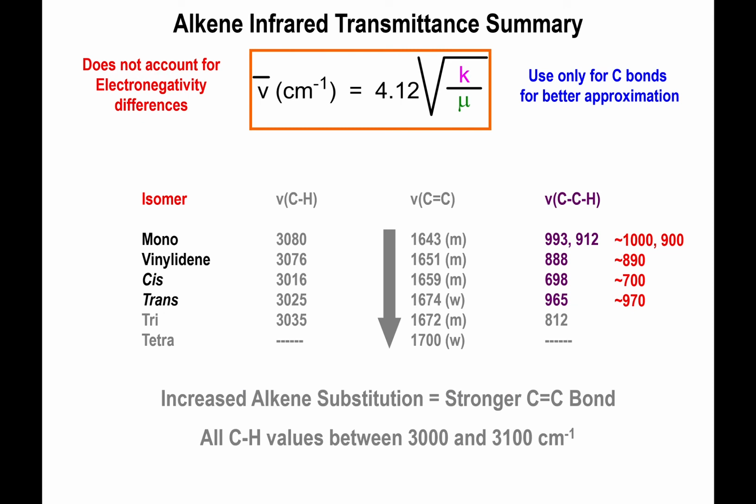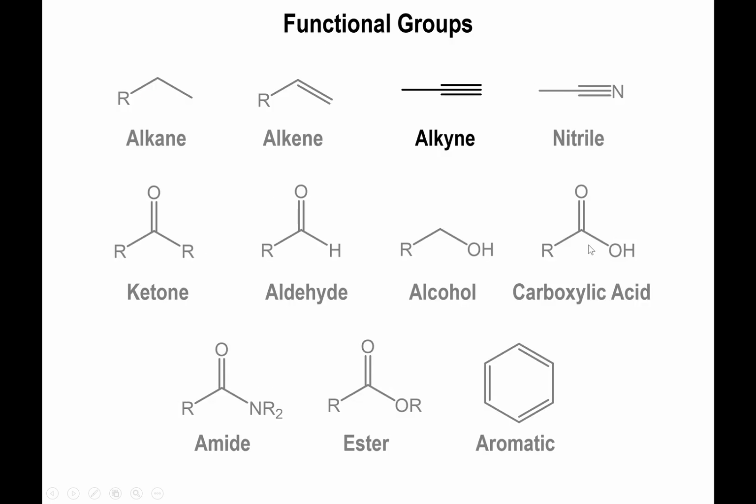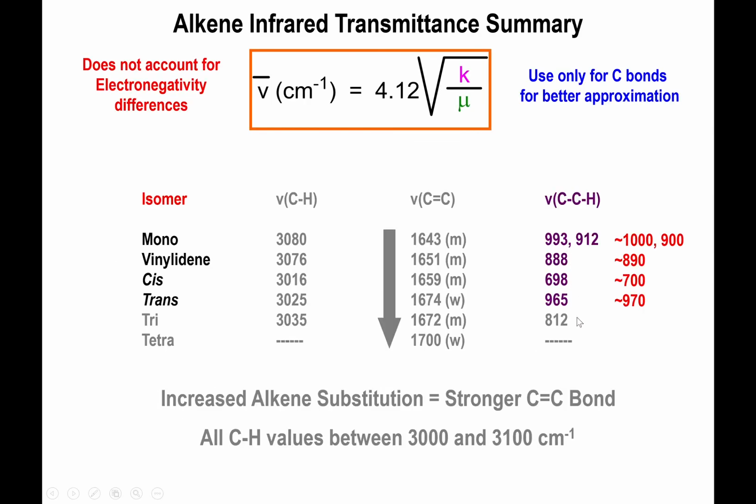Okay, so it might be helpful for you guys to also pay attention to the fingerprint region in order to make a distinction between whether you have the mono, the vinylidene, cis, and trans. And one thing that might help you to remember this is the order, which also goes in line with whether you have a stronger bond or a weaker bond. Anyway,